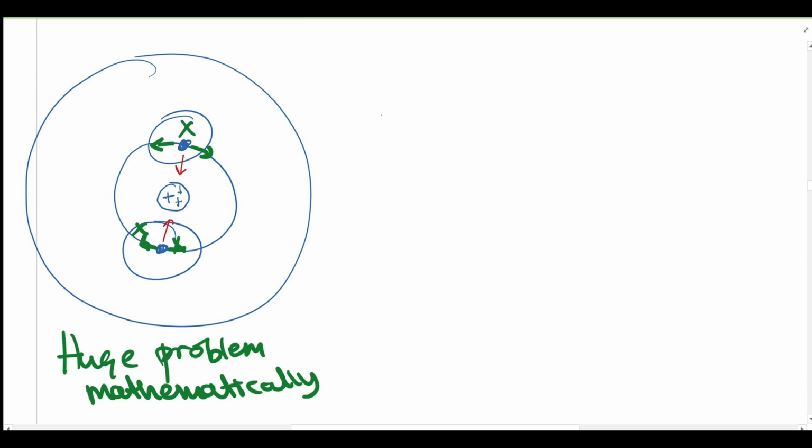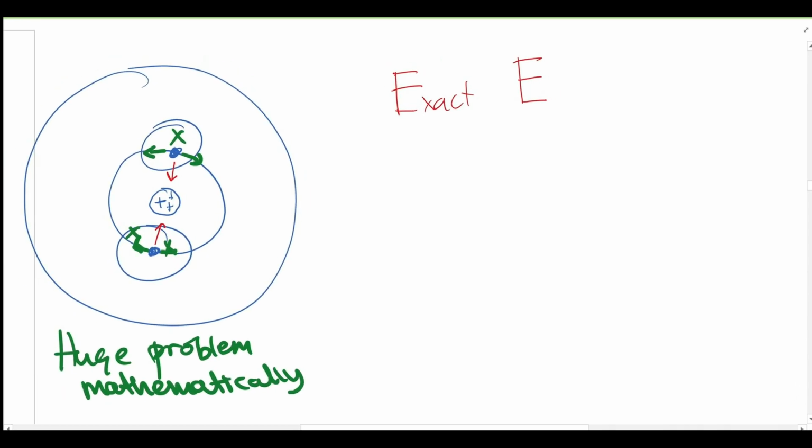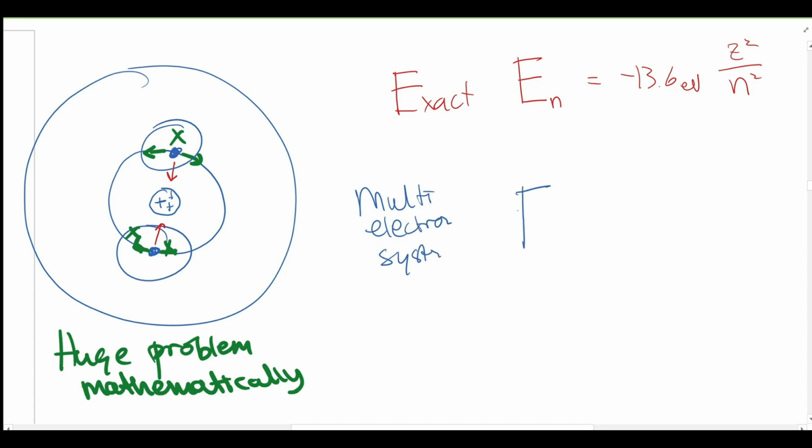So what happens is that we're going to modify the equation first from what we learned, which is exact. That is, for our exact solution, the energy of some atom at some quantum number n is equal to negative 13.6 electron volt Z squared over n squared. So this is what we have for the exact solution for a single electron atom. But when we have a multiple electron system, we're going to try to simplify it a little bit